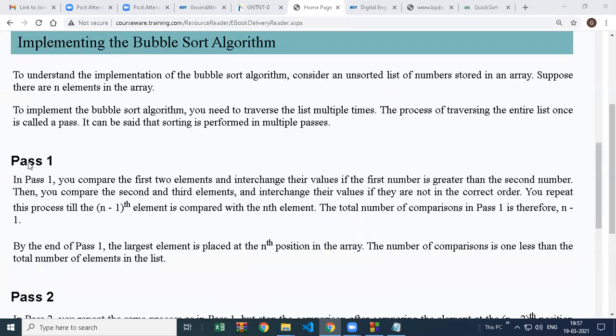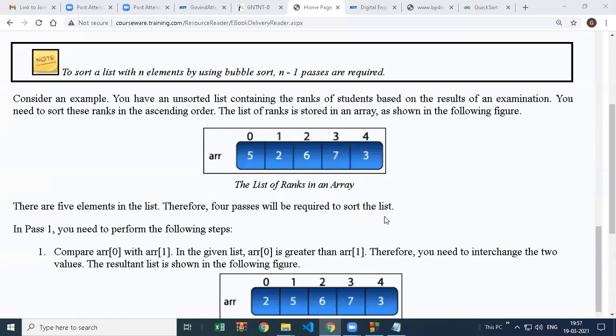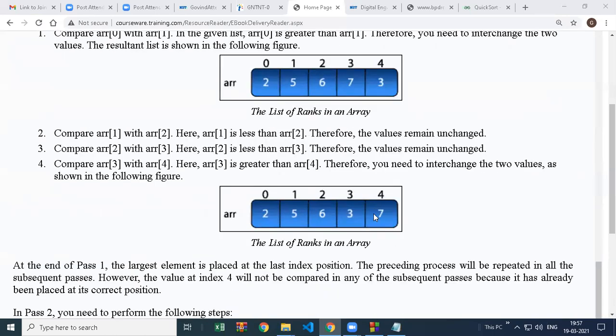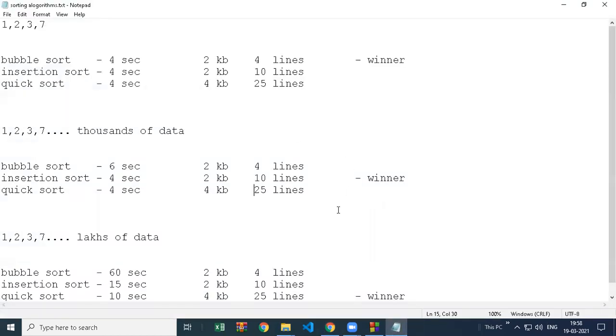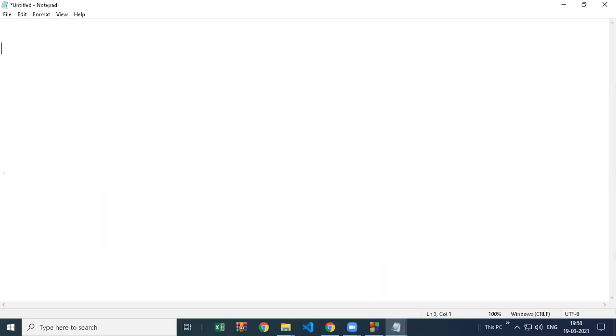Pass 1 means you have to check the entire row one by one, and in pass 1 what bubble sort guarantees is that you get the largest element at the end. You can see after this pass you got the largest element at the end. You can try this: open a notepad and take three numbers, 5, 3 and 2. Is 5 greater than 3?